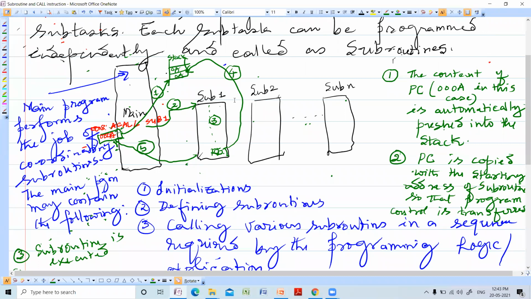PC is loaded with the starting address of the subroutine, in this case SUB1, the value which is computed using SUB1. You know that to 000A, the value of SUB1 is added, so that you get the target address of SUB1. So the program control is transferred to SUB1.